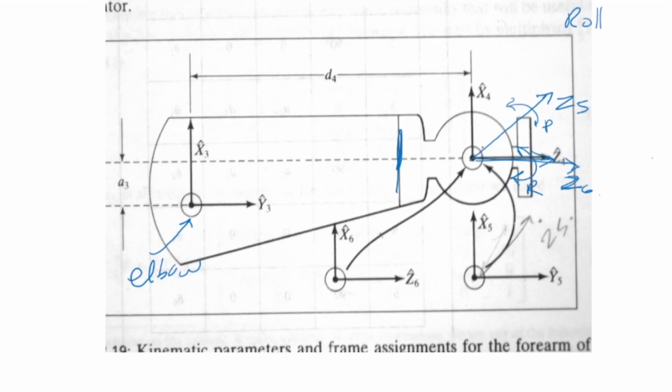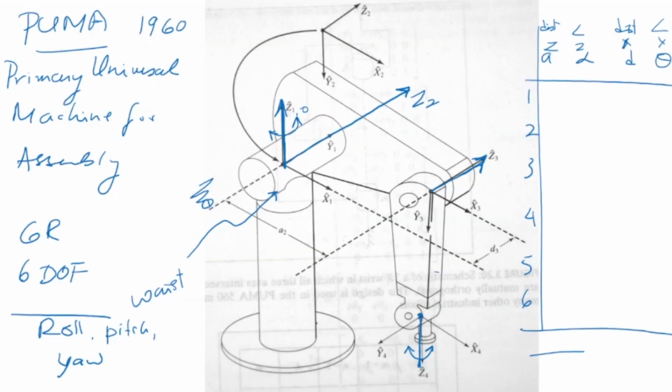Now let's look at the structure of the robot. We have marked our Z axis. Now I have to mark the X axis. Here we see Z0 and Z1 are the same axis. But Z2 and Z1 are perpendicular to each other, so there is a 90 degree here. Z2 and Z1 are intersecting, which means that X1 and X2 are going to be perpendicular to the plane containing the Z's. So X0, X1, and X2 are the same axis. This is similar to the robot we saw in the last class.